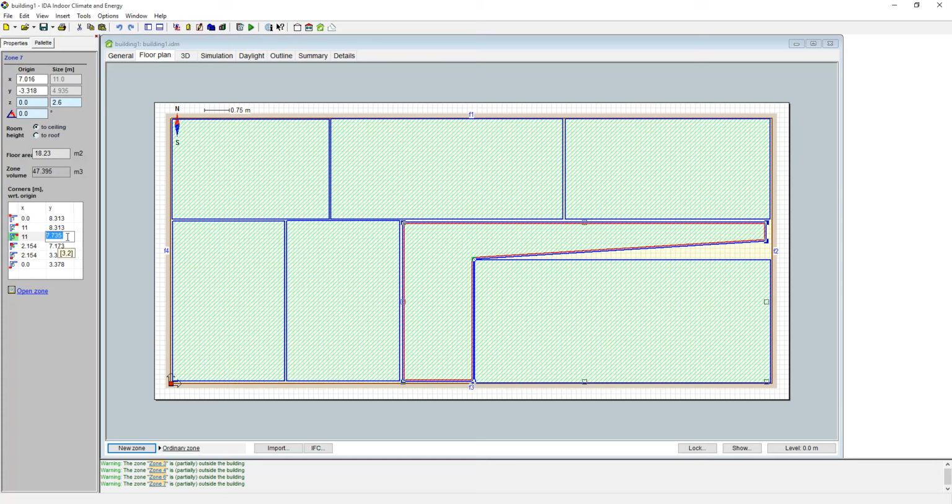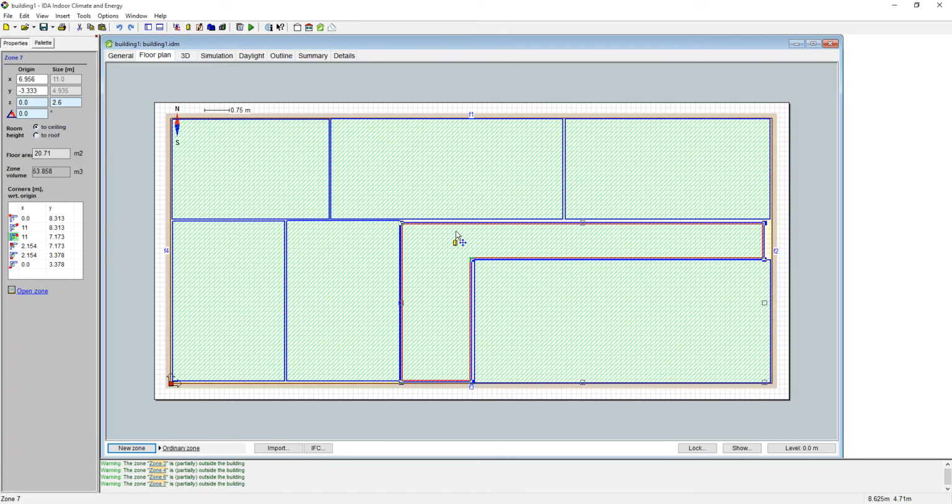Let me see, 7.73. Okay, so I have, as you can see, created a zone that fills out this empty space over here,